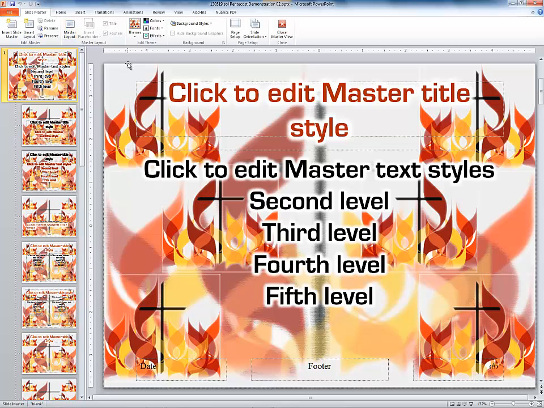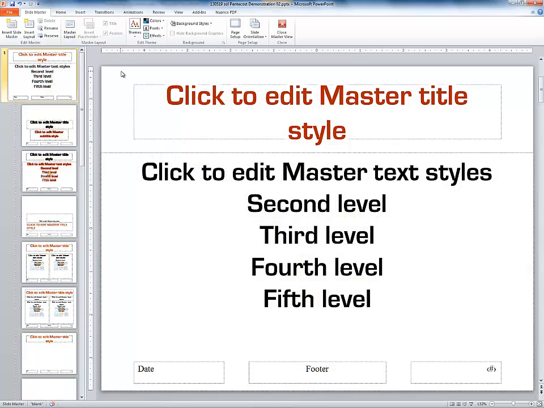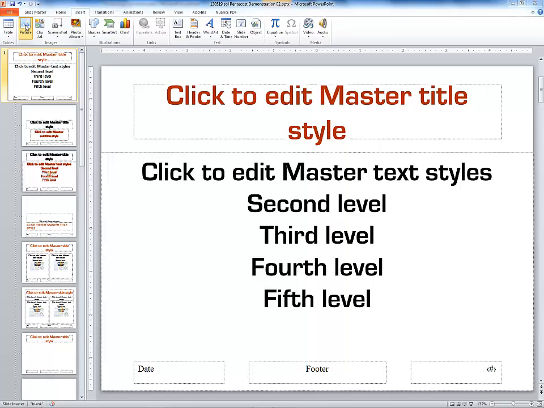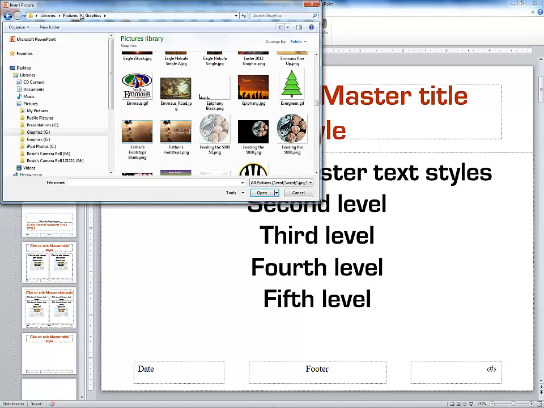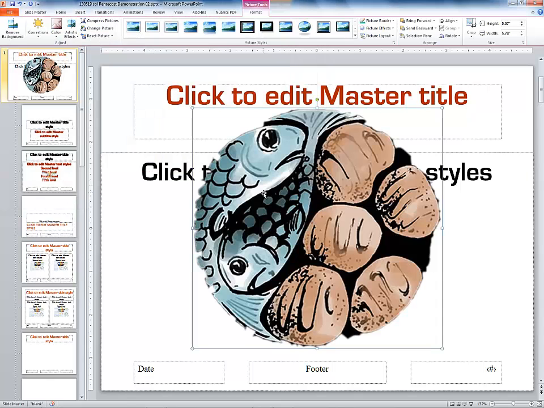By clicking on the background, I can then delete. Now I'm going to insert a graphic for this week, feeding the 5,000. I'm selecting Insert and Picture. It allows me to navigate to where my graphics are. This is the one I want. Inserting it,